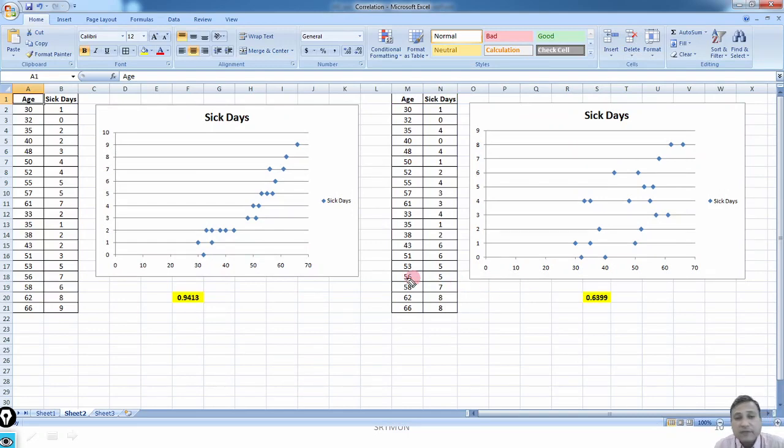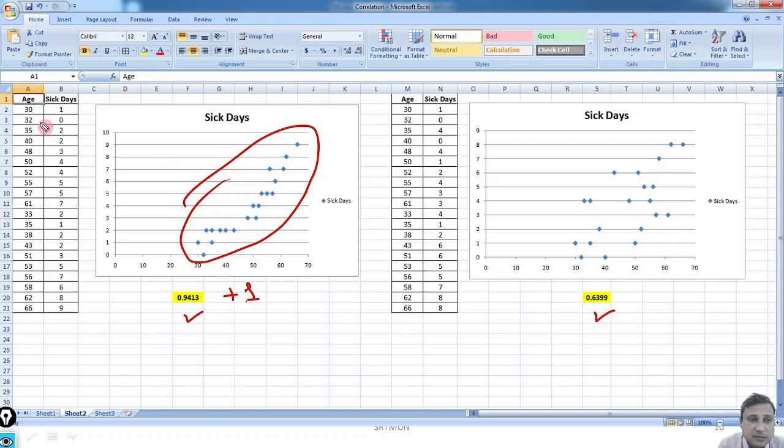Now suppose I compute a correlation coefficient here, how to compute that we'll discuss a little later. But suppose I get a value here of 0.94, and this is near to +1. That is why it tells us that these two variables have a high degree positive correlation. And on the right hand side, this is not exactly near to 0, but this value is approaching towards +0. That is why this is a low degree positive correlation that we can say.